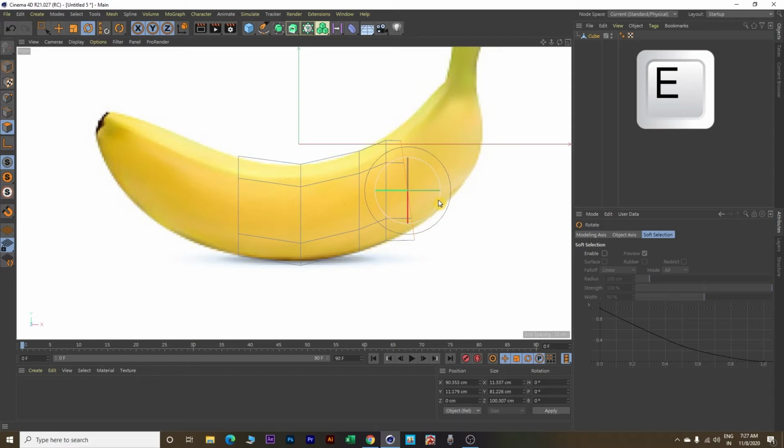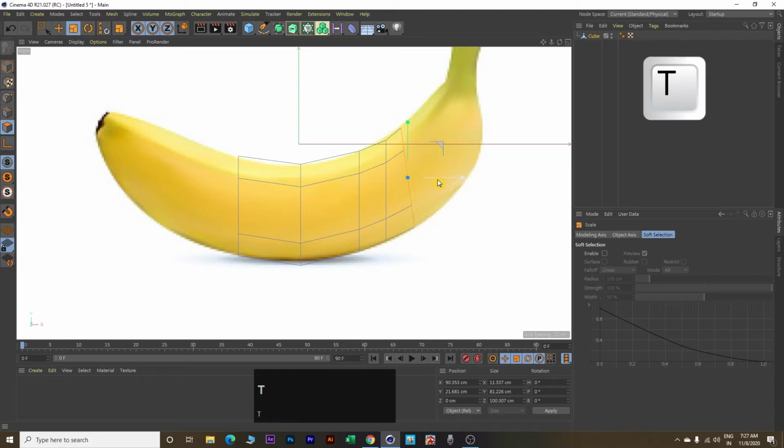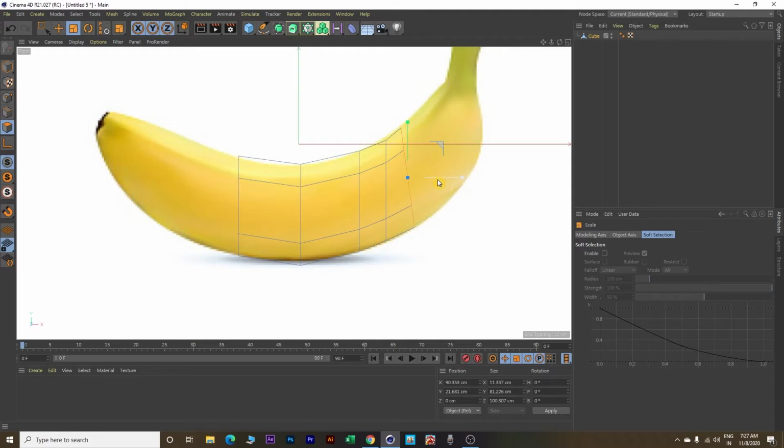Next, click the E button. This will bring back your move tool. Use this green arrow to move this upward. Now click T to activate scale mode. Now watch this carefully. I have clicked T and now I will resize this cube from all directions together, and therefore I will not select any of these two squares, neither green nor red.